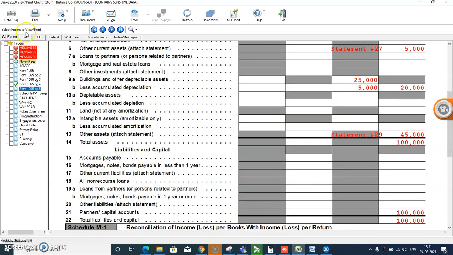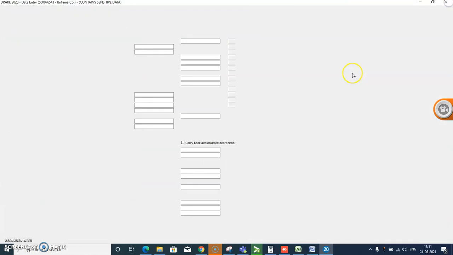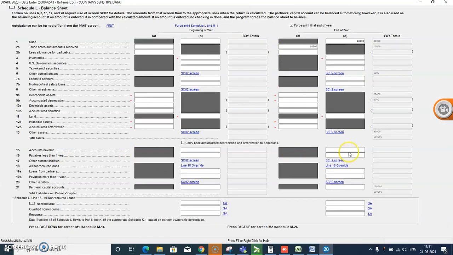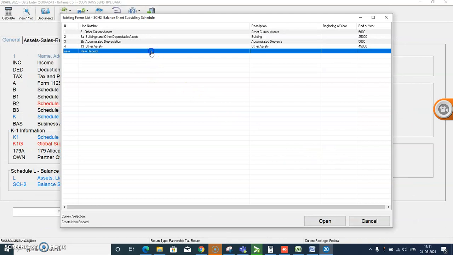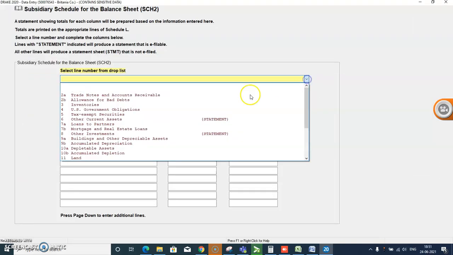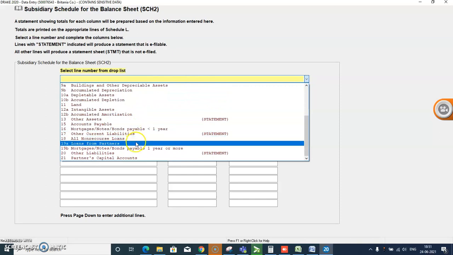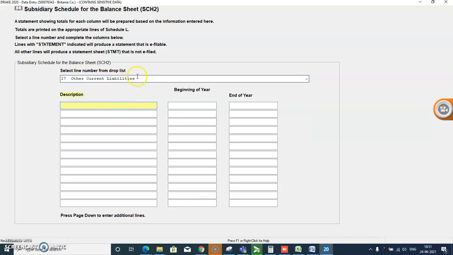Now coming to the liability and capital portion. So here it comes. Accounts payable, we have $30,000. Then the other current liability is $20,000.